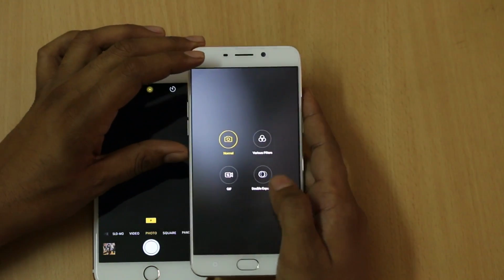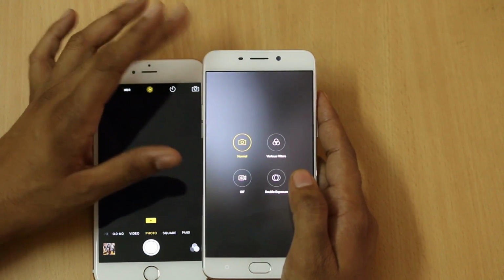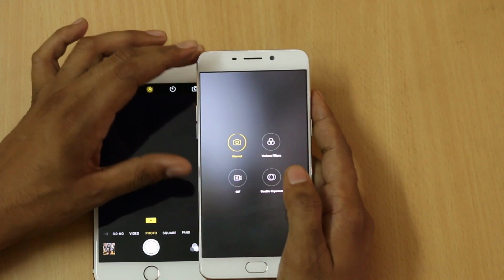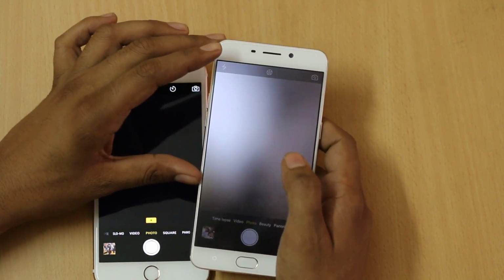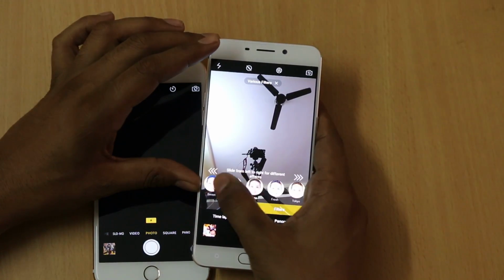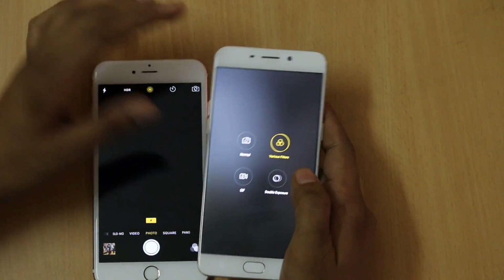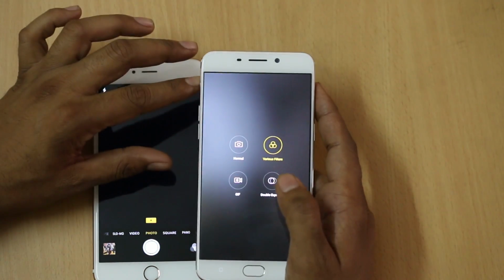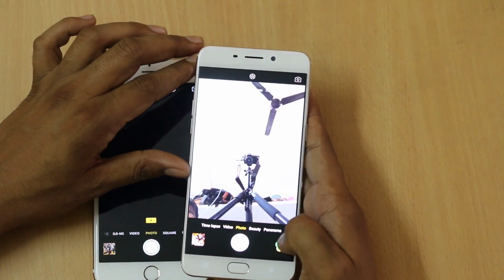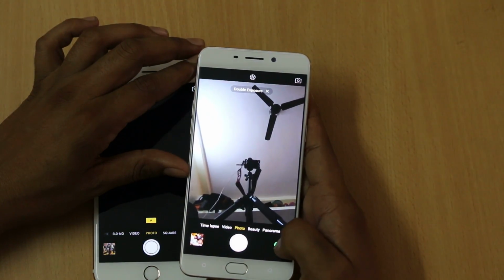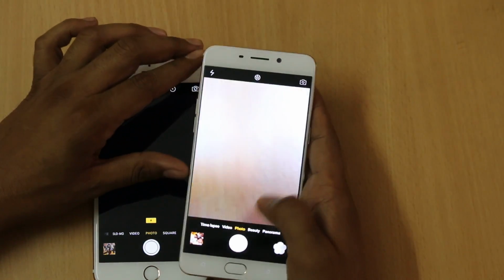And there are a few features which are not available on the front camera of the F1 Plus when compared to the rear camera. And when you tap on the various filters mode you will find that the same filters are available, and you can easily use them depending on your needs. And there is a GIF feature too, and double exposure is there so that you can easily get better images when compared to the iPhone 6s Plus.